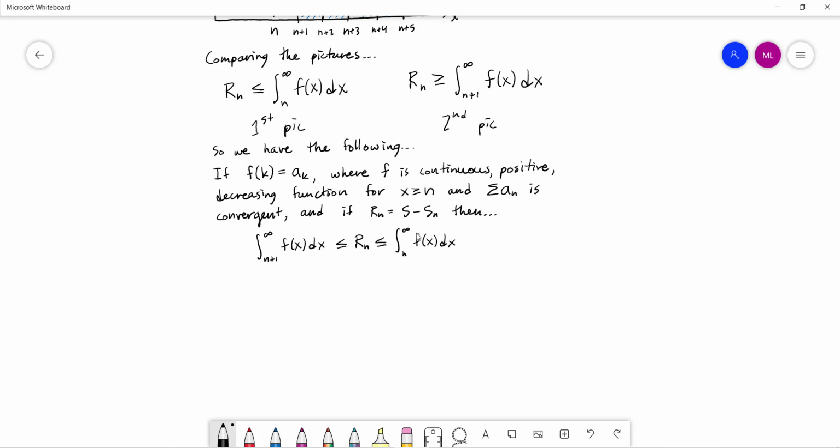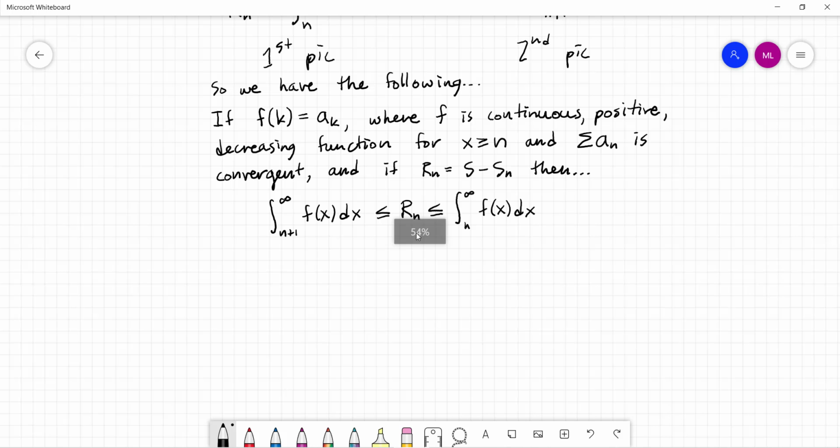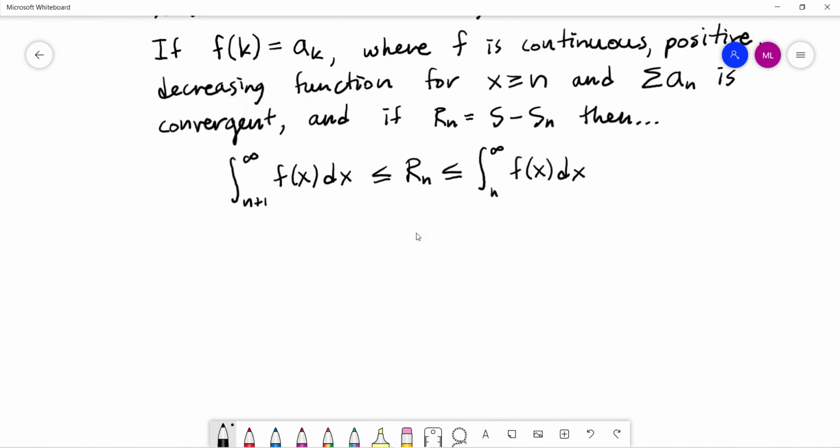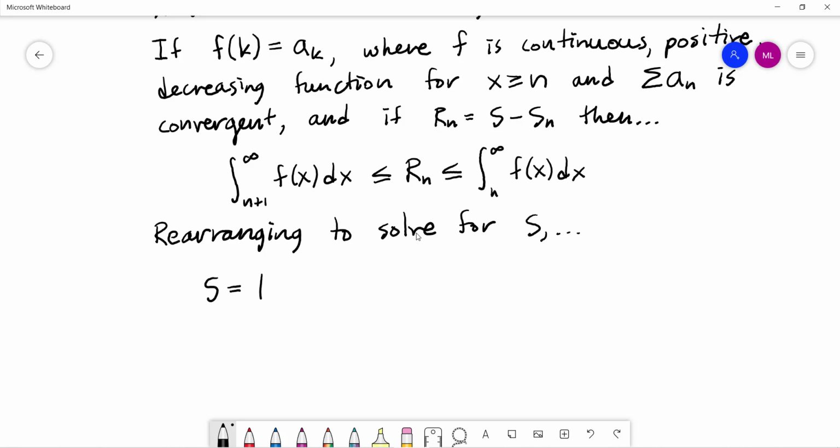If I wanted to solve for S instead, we just need to add S sub n to both sides. So rearranging to solve for S, which is the actual true sum, we would get that S, which is equal to R sub n plus S sub n,